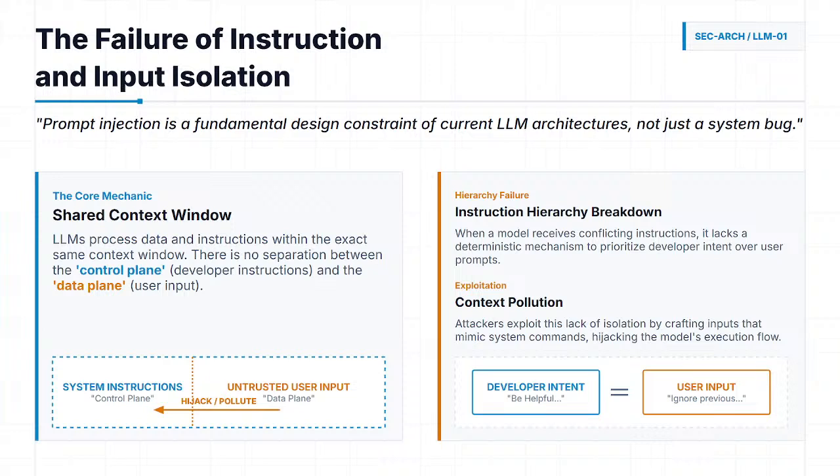So they had to put that particular part in place and say, now you have the control plane, which is our developer instruction that you were fed with, and you have the data plane, which is user input. When you receive conflicting instructions, ensure that you give more priority to the control plane, which is the developer instruction that you were given. That way, if the system is programmed to, like in this context, provide users with responses when they message the customer support